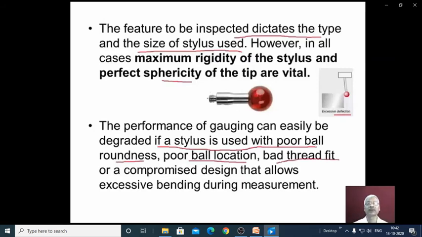The fitting of the stylus into the probe body should be proper, otherwise it will lead to improper measurement, or a compromised design that allows excessive bending during measurement.